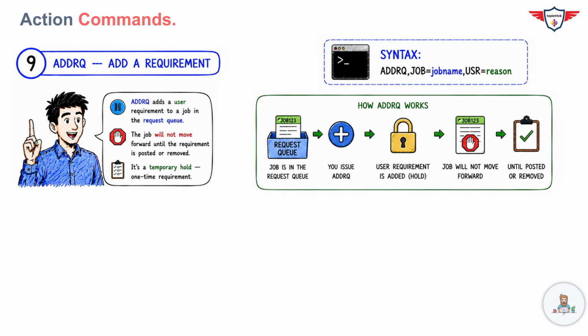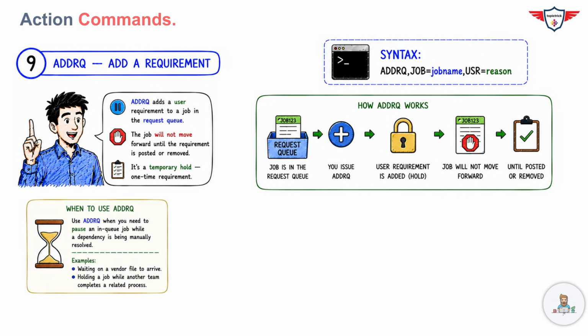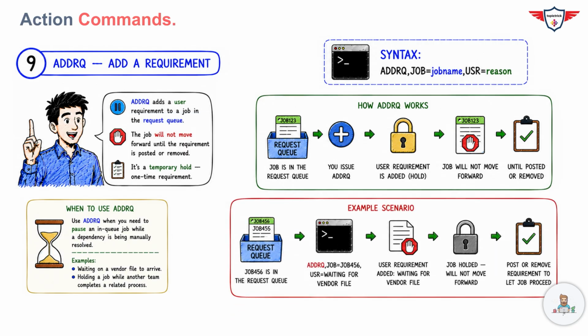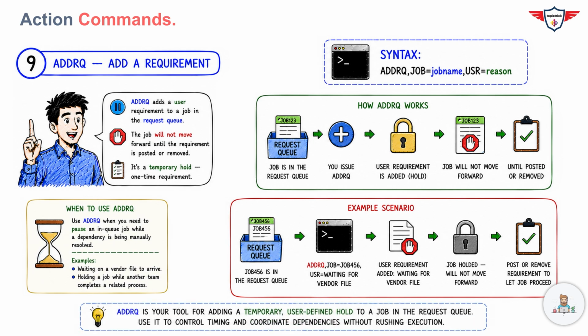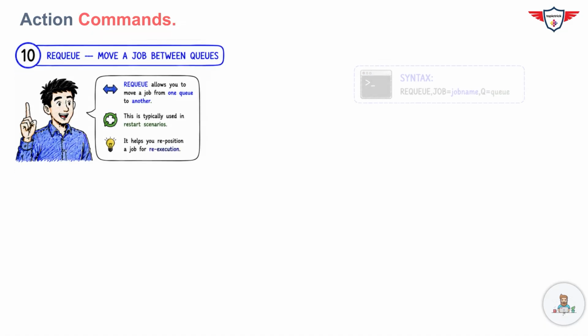So the job will not move forward until the requirement is posted or removed. You can very well use this particular command when you need to pause an in-queue job while a dependency is being manually resolved. For example, you're waiting for a vendor file to arrive or holding a job while other teams complete a related process. Now let's talk about our next command, that is requeue, or move a job between different